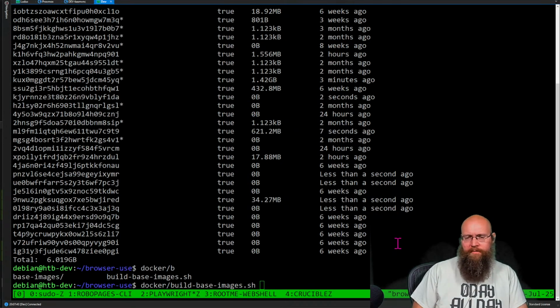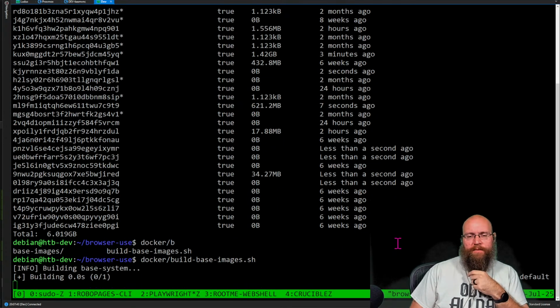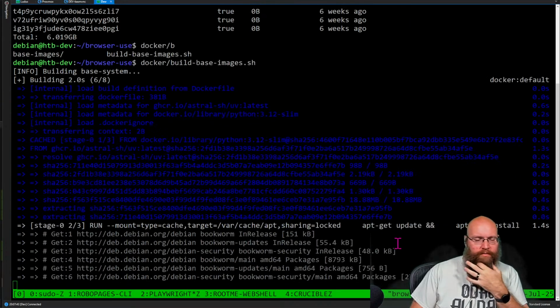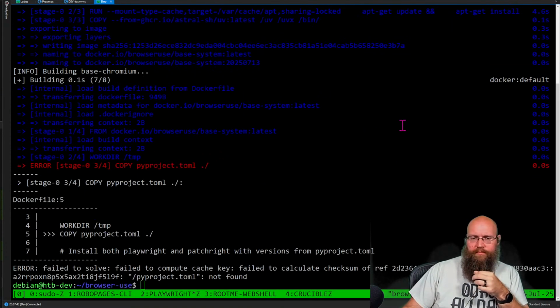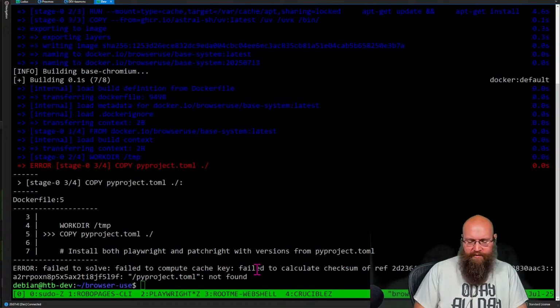Let me try this build base images option. Failed to resolve, failed to compute cache key, because pyproject.toml was not found. What?